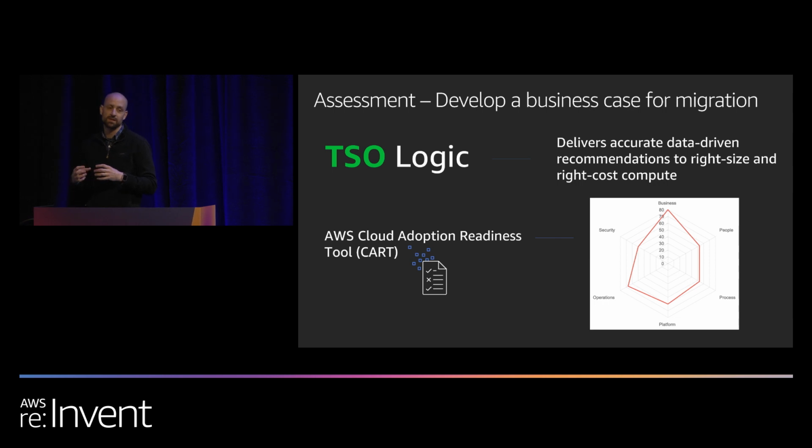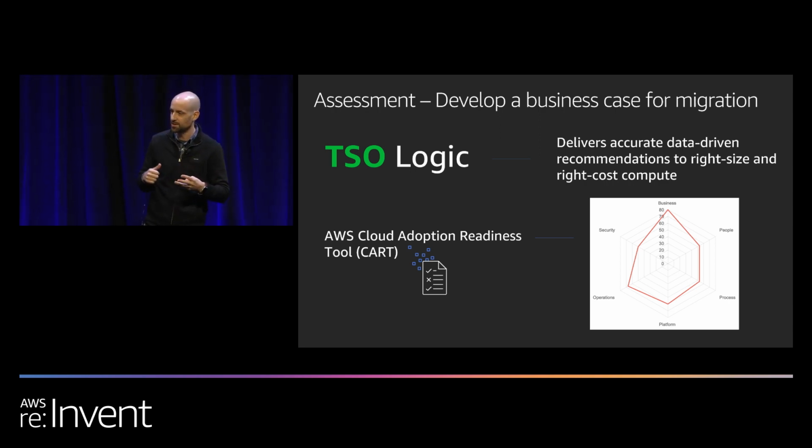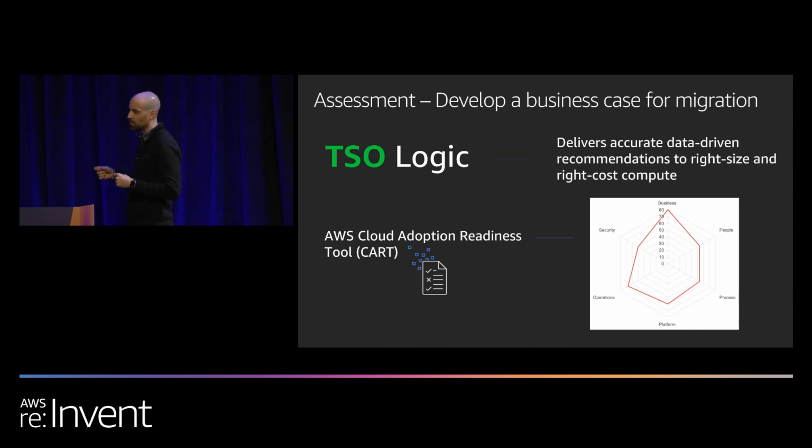So when we would go into these engagements and we would start to basically create the first level business case, we would use a tool like TSO Logic to get started. The other thing we would do, and it's got a different name now, where it's called CART. Essentially, it was almost like a questionnaire, where you're working with the teams, the CIO, the dev teams, the operations teams, the security teams, and you're going across the various different perspectives of the cloud adoption framework to figure out essentially where you're at,